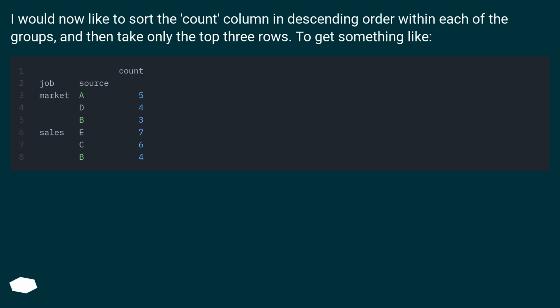I would now like to sort the count column in descending order within each of the groups, and then take only the top 3 rows. To get something like